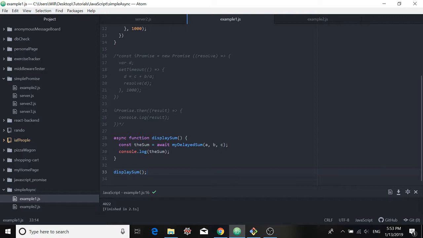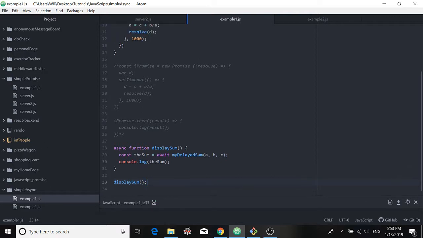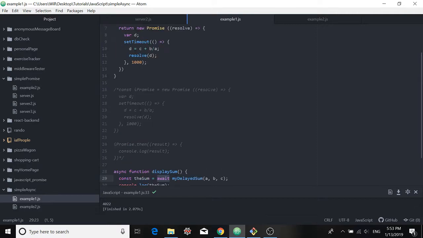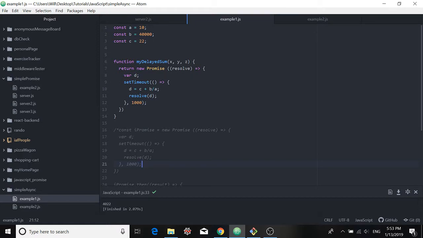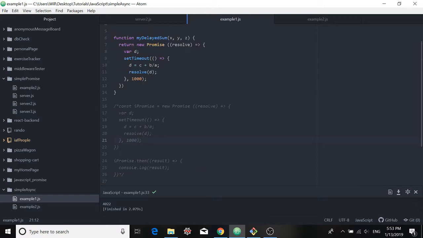And when we run our code, we get the result we had hoped for. So we've gotten the same result using a slightly different method. We've used async and await instead of then with the promise. And we wrapped our promise inside of our original function. All right, so let's look a little bit more at the nature of